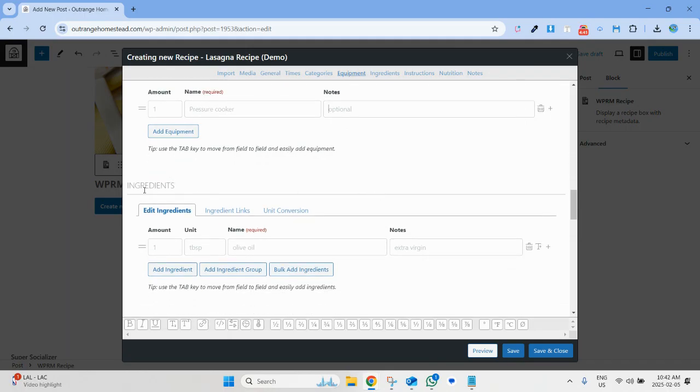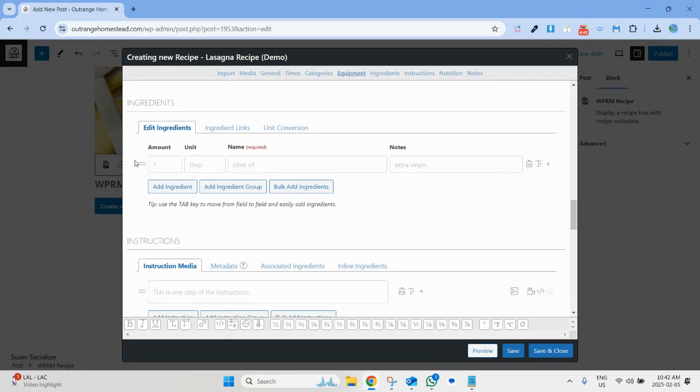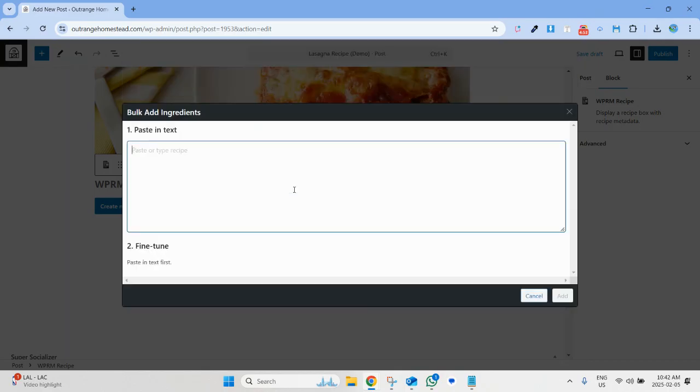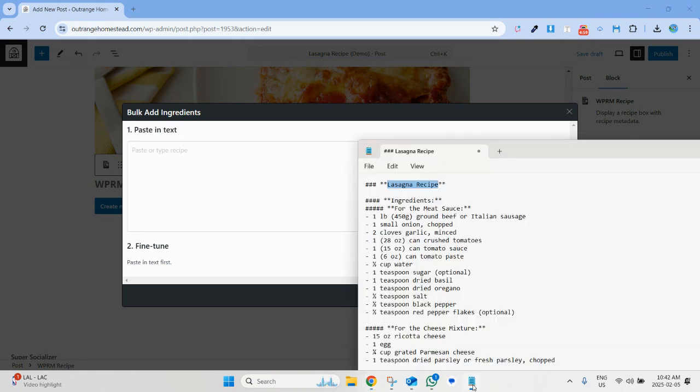And then I'm going to go to ingredients. So ingredients, you can add ingredients line by line, which can be a little tedious. So a quicker way is adding bulk ingredients, and this bulk add ingredients box pops up, and I am simply going to copy paste my ingredients here. So I am going to copy this,